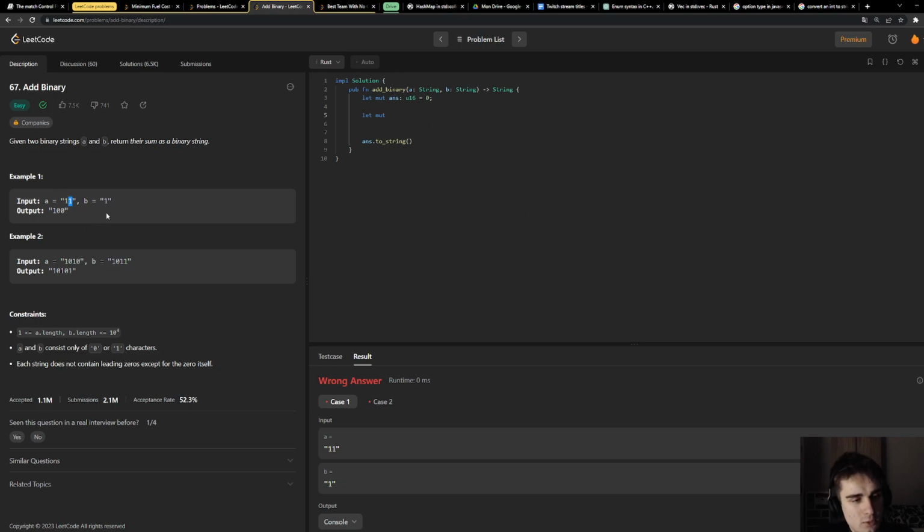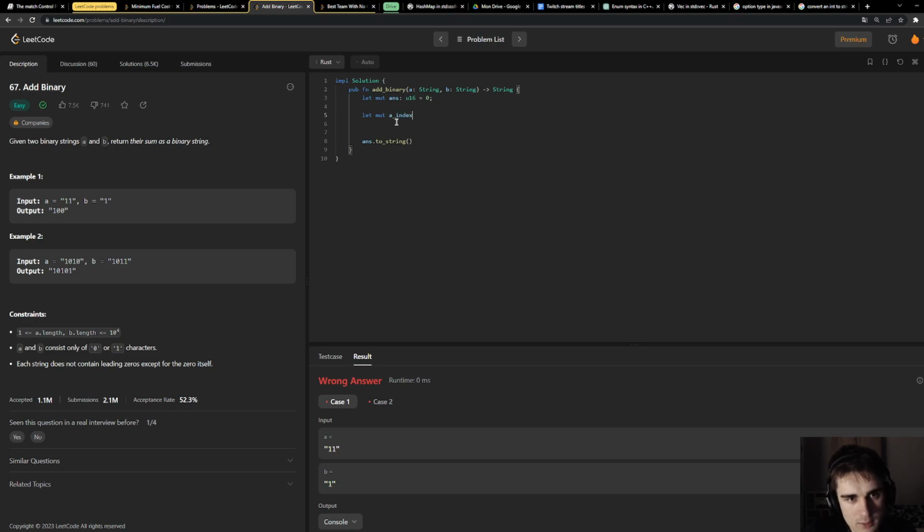Basically it's pretty easy. For these types of problems where you need to add binary digits from strings and you cannot convert the strings to numbers, you need to think about using the carry approach.